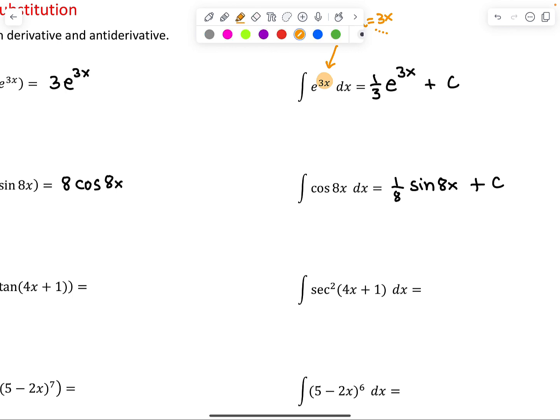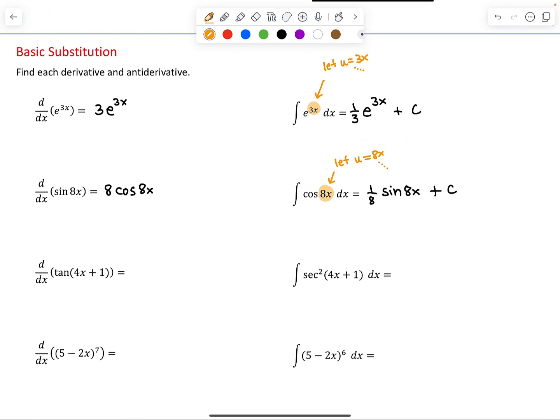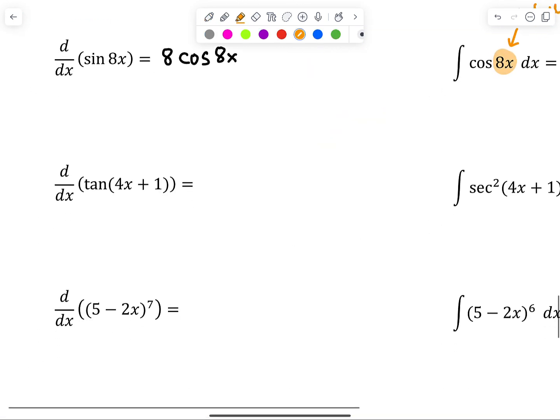Now it's possible to get this result by doing a formal basic substitution. You could let u equal this 8x and then go through the motions of a substitution, and you'll confirm this answer. Third example here, if I differentiate the tangent of 4x plus 1, the derivative of tangent is secant squared